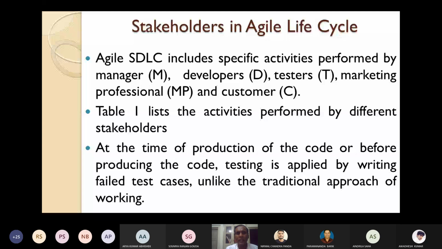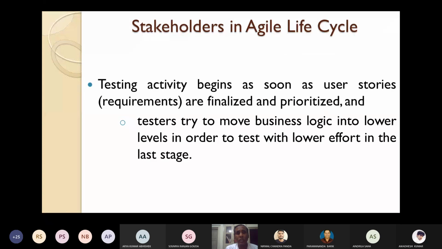You must also prioritize the requirements. Which requirements are very much important? Give them priority 1, next 2, and maybe for user interfaces, the least priority, you can give 10, like that. And then the testers try to move business logic into lower levels.